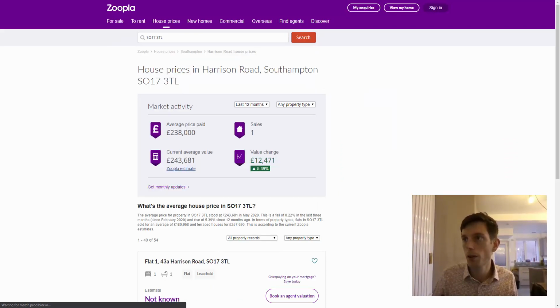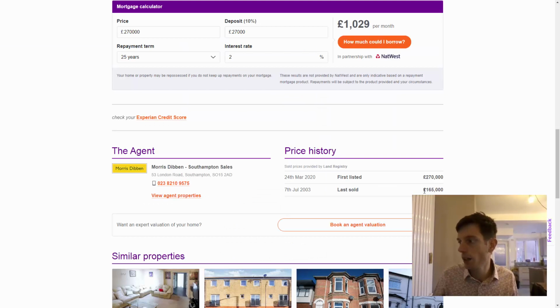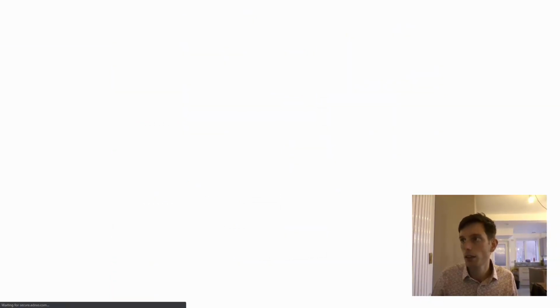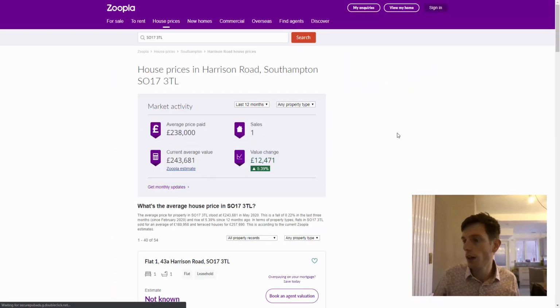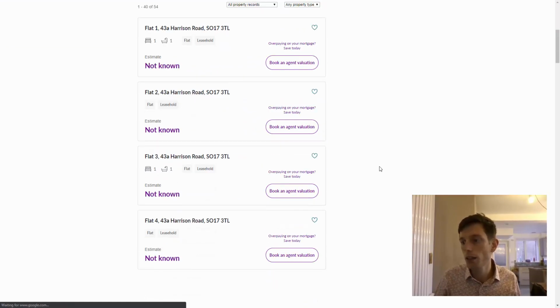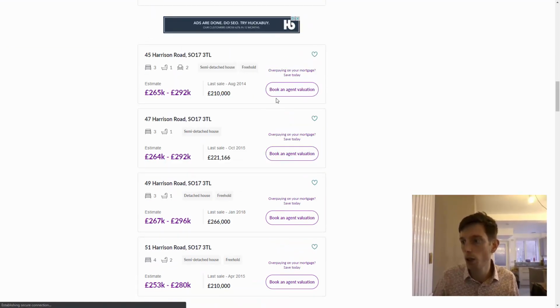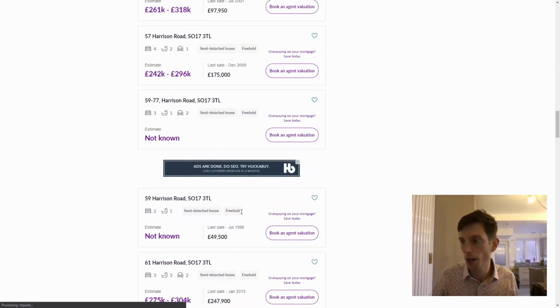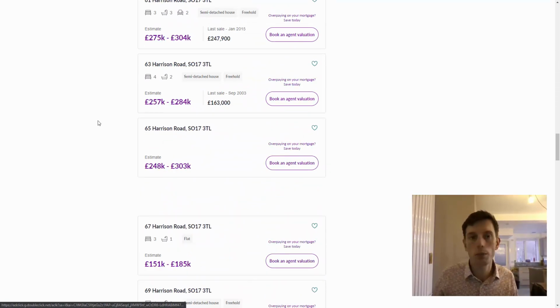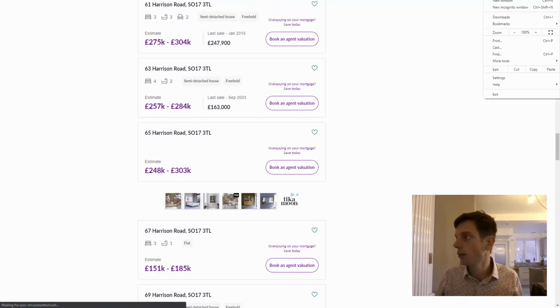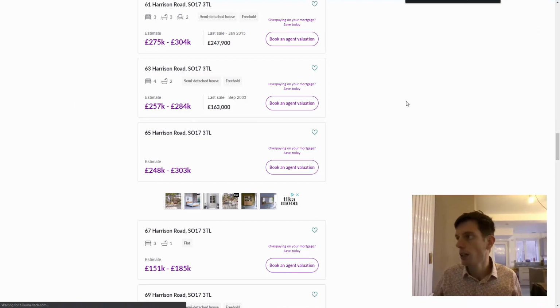And that's just going to open up the postcode. And then here we've got the last sold price, which is £165,000. So either you can go through the whole page and work out where the £165,000 is, or using the process I just taught you, where you use the find function, you could then just type in